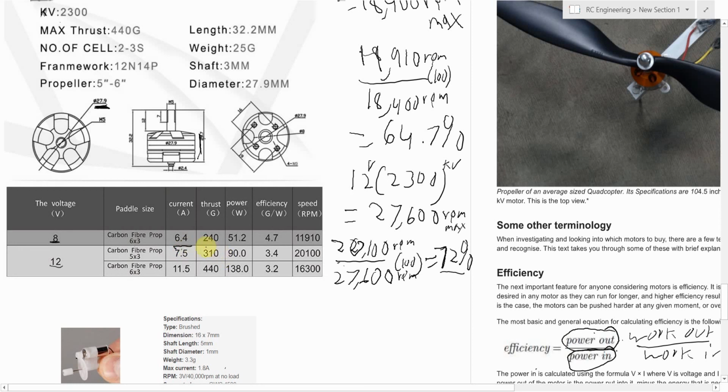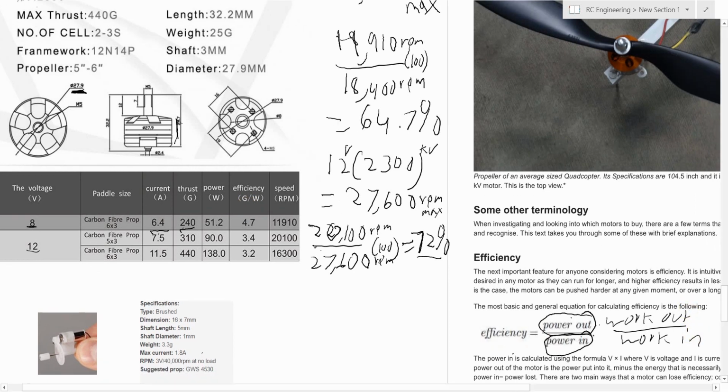Current is 6.4 amps. Thrust, which is a force, basically means how much weight you could lift. For example, if you were going straight up, you could lift 240 grams. Power, wattage, which is current times voltage, is 51.2. And efficiency, again, remember, is work out over work in. So what type of work are we trying to do? We're trying to produce thrust. So the thrust over our work in is a ratio of 4.7 to 1. Speed, RPM,